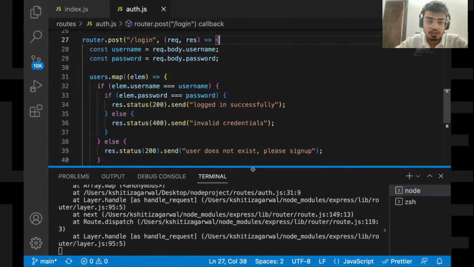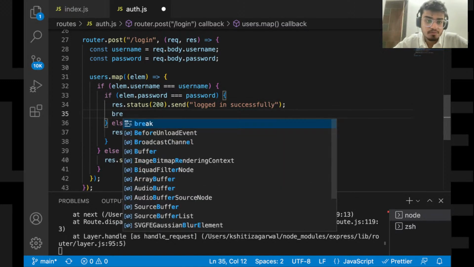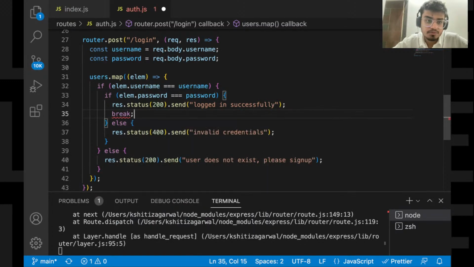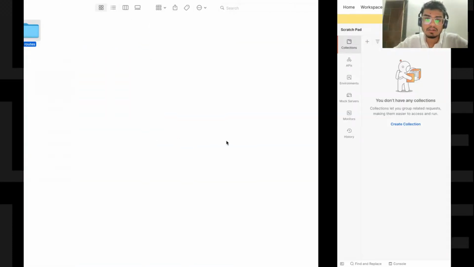Okay, actually, this issue comes, I understand why it is coming, because in the loop itself I'm trying to send the response again and again. So this should not be done. Okay, that's fine. I'll correct it.